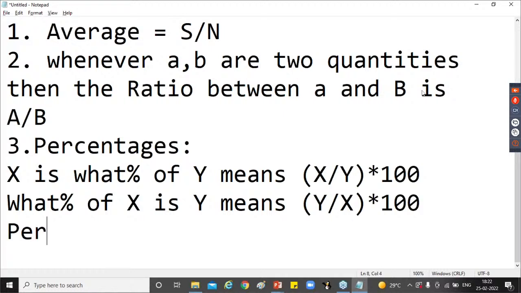Okay. Next one. Percentage change is equal to